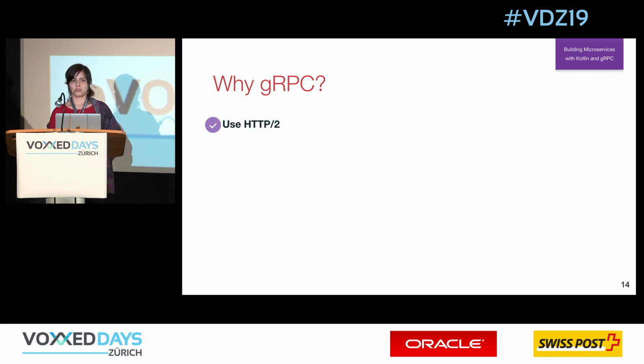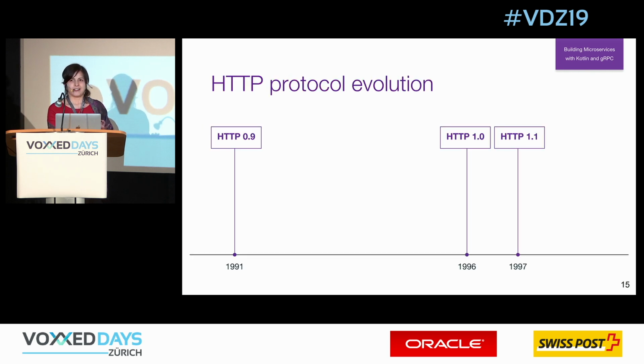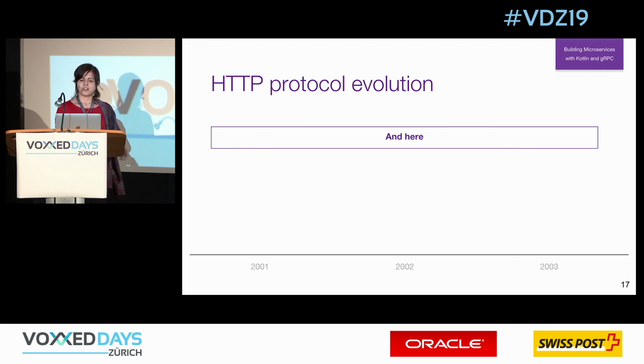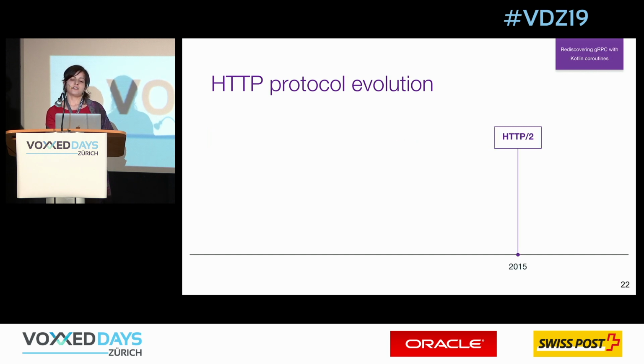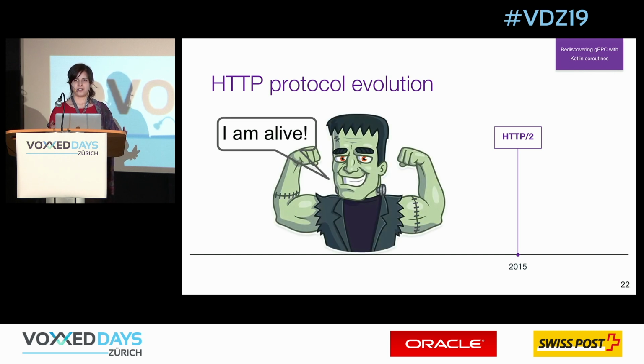I guess most of you have heard about HTTP 2, but I'll tell you a little about this protocol. Let's dig a little bit into its evolution. In '91 it was 0.9, then in '96 it was 1.0, and then no progress, no progress, no progress, maybe they're not alive. And suddenly, in 2015, HTTP 2 appeared. So, of course, it's a joke. They did cool stuff, they worked all the time on that protocol.